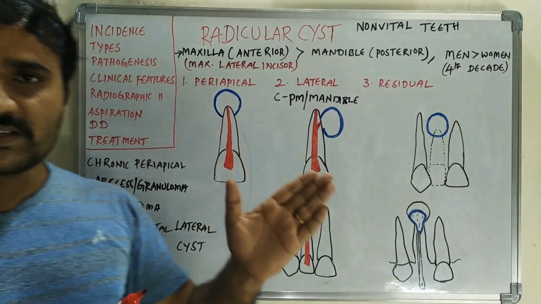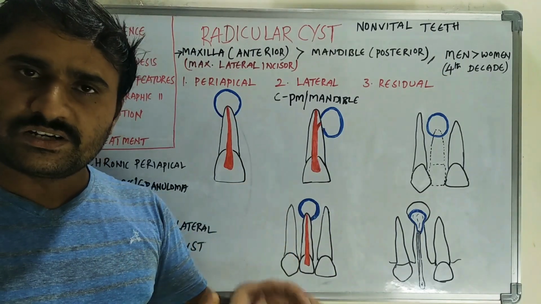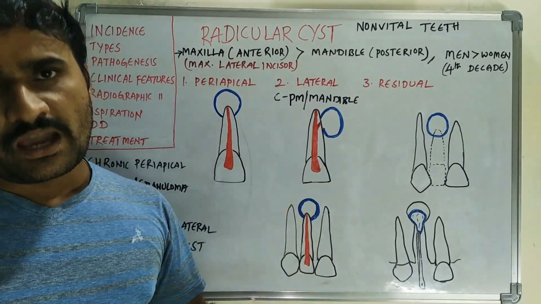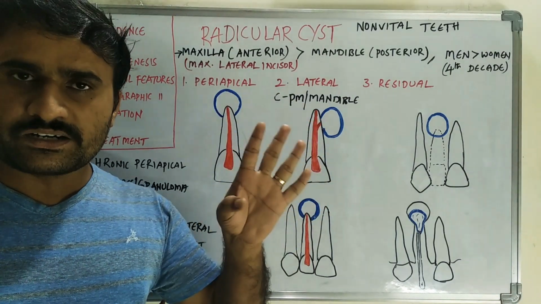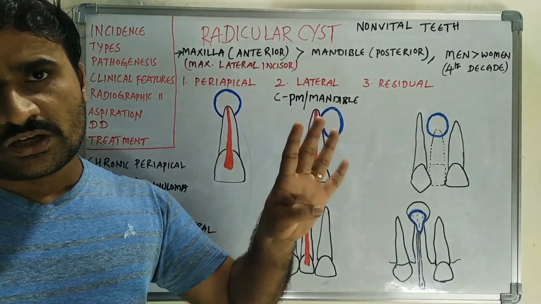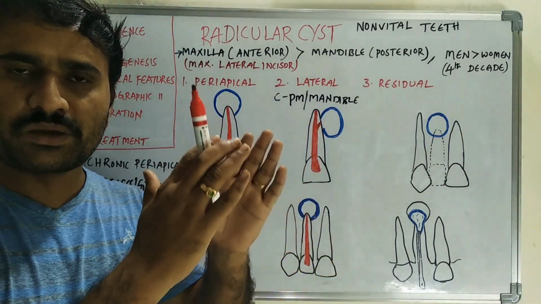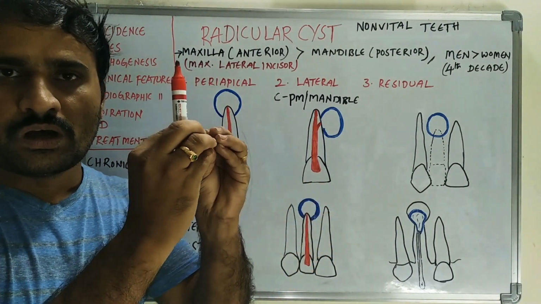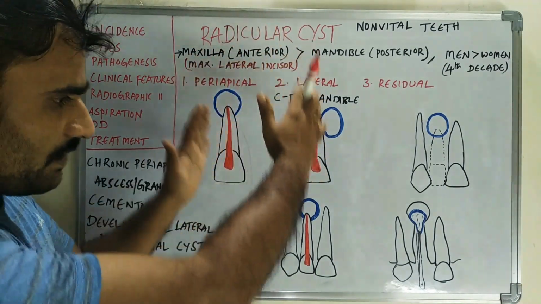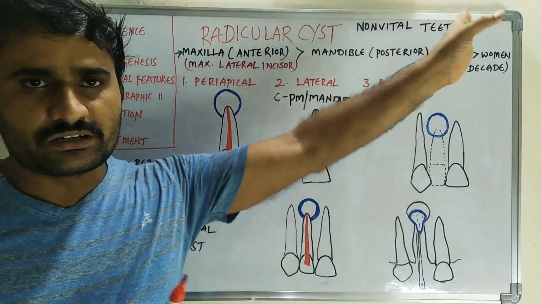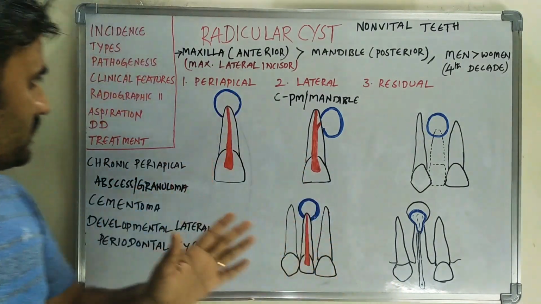Then coming to the pathogenesis, the cyst initiation, formation and enlargement are almost completely the same as we have already discussed in the pathogenesis video. We have already discussed four videos of cysts. If you have a hold on those videos, you can easily write. You have to note only some important points, like non-vital teeth. Then pathogenesis is the same. Formation and progression are almost the same.